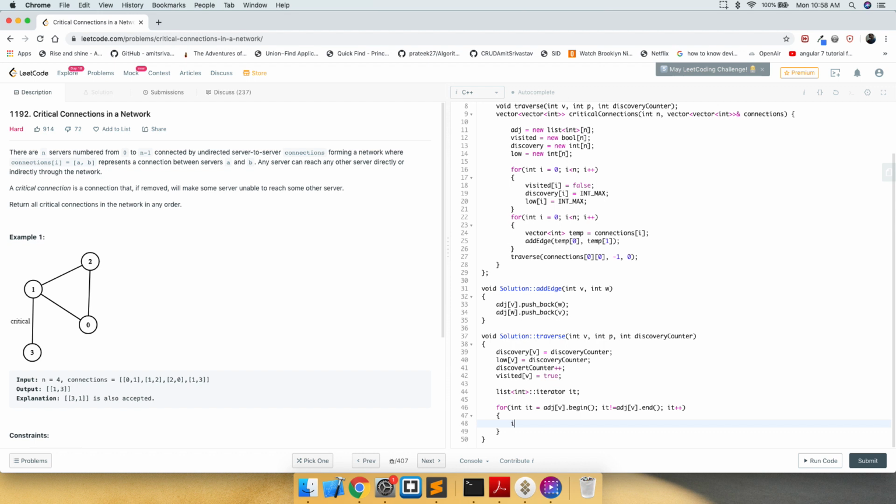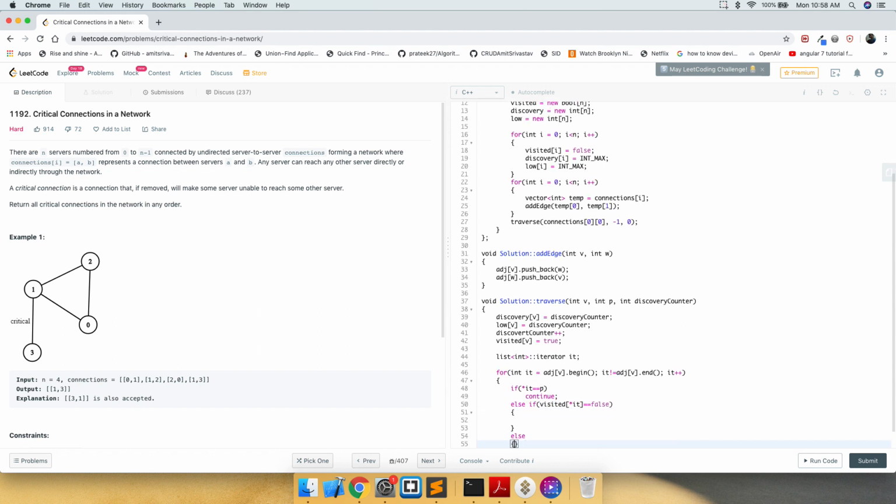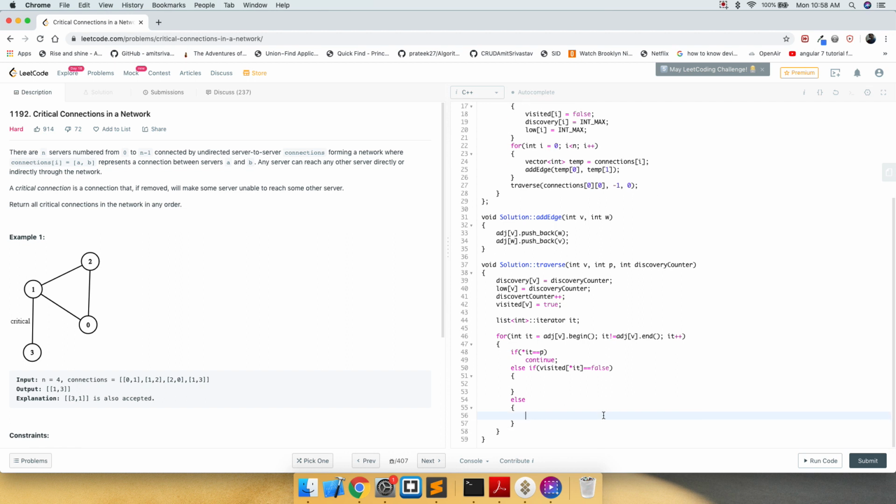If the vertex is our parent, we continue. I'm going to explain why in a second. If visited, what this means is when we iterate through the list, let's say we are at 1, there could be 3 cases.